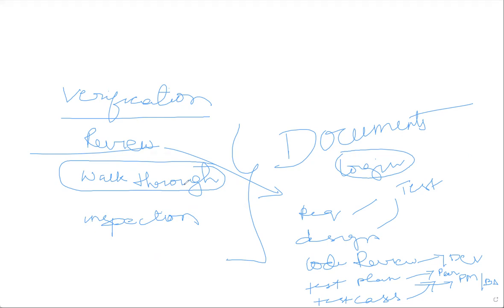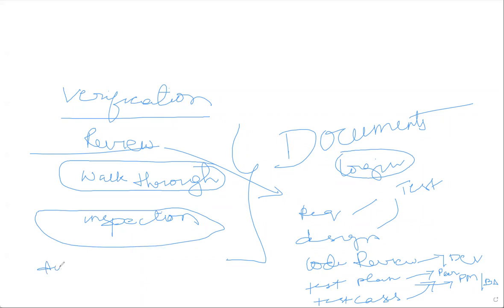Another technique is called inspection. In our school or college days, a principal would come and see, right? Here it is different. Inspection is also a formal meeting. Here we invite all the team members, like developers, testers, product managers, whoever is part of the project. There are 3 main people involved in an inspection.